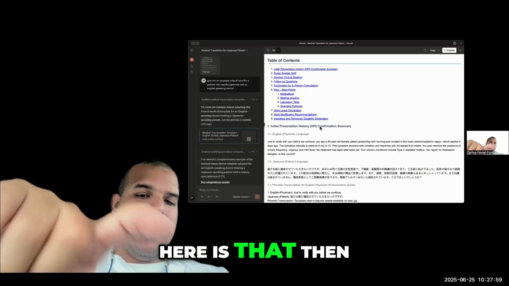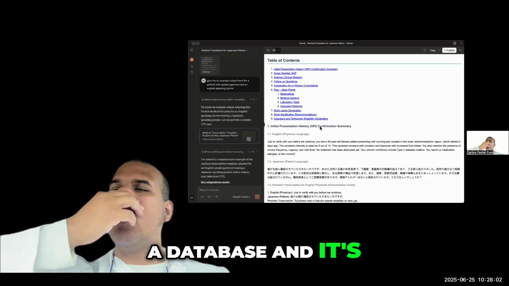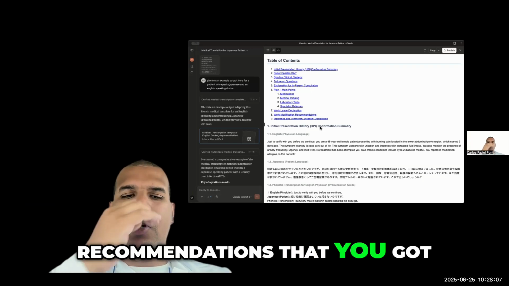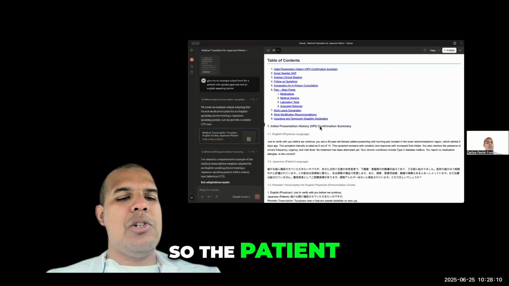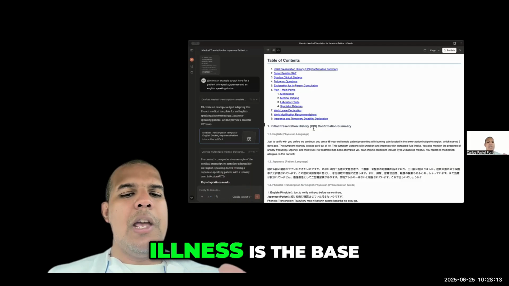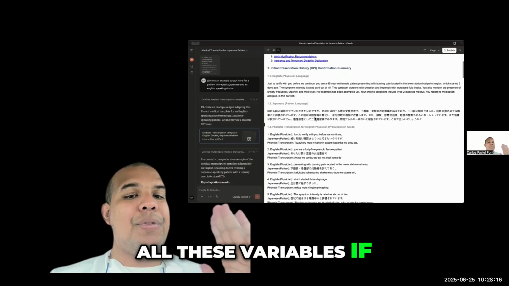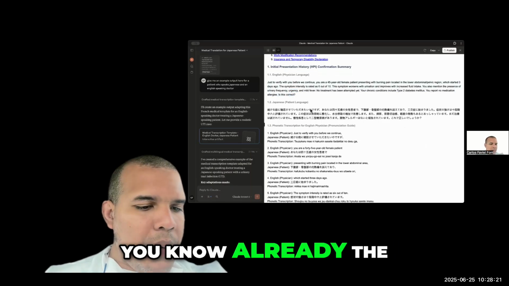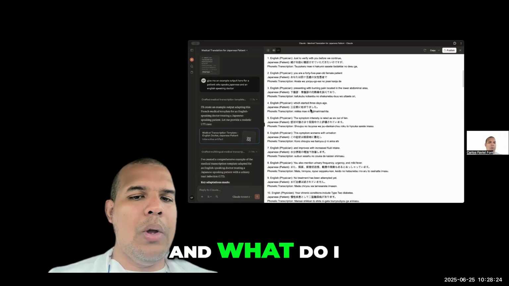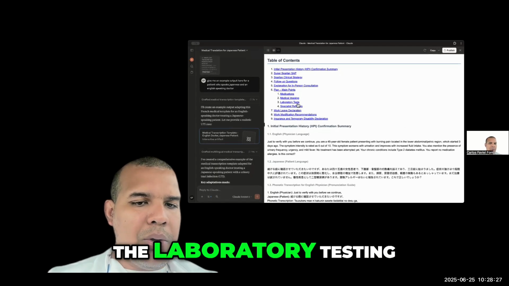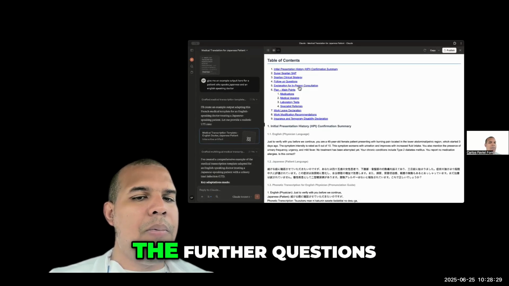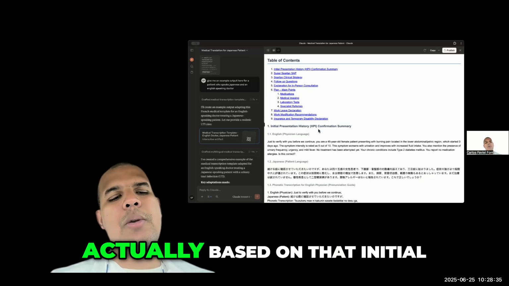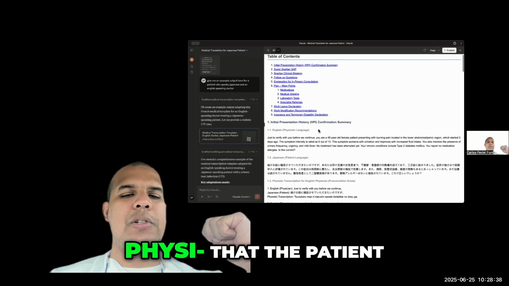So what I'm saying here is that then the AI is going to go through a database, and it's going to filter out all these houses and bring it to you. These are all the houses based on these recommendations that you requested. So the patient, the history of patient illness is the base. All these variables, if the patient goes like, yeah, that's correct, this is exactly my problem, this is exactly what I have, you know already the remaining rest of all of it. And what do I mean by that? The referrals, the laboratory testing, the imaging, the medications, the further questions, right? The work leave, the insurance paperwork, all of it is actually based on that initial information providing that the patient